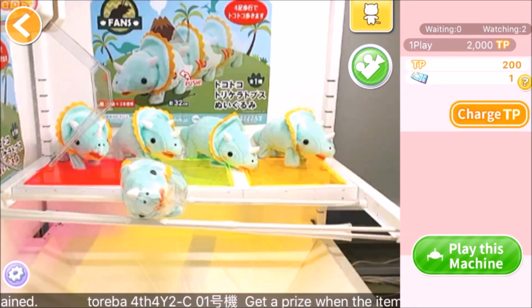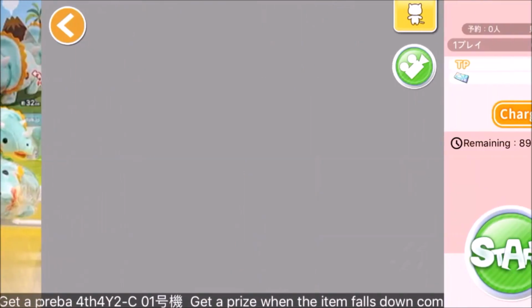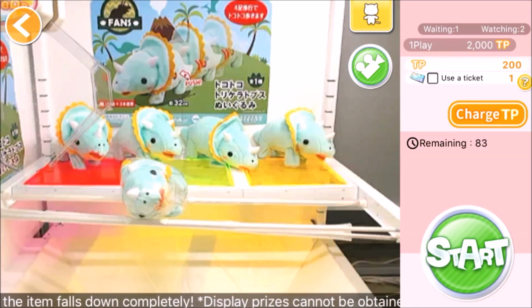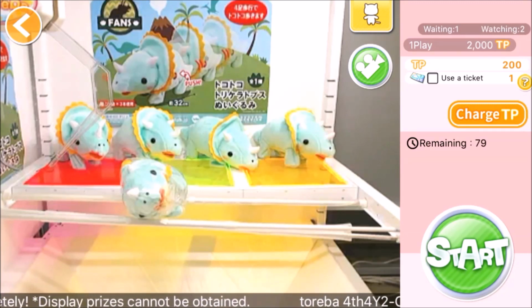Now that you're ready to play, let's click on Play this machine. When you enter the screen, you'll notice there's a timer on top of the start button. When that time runs out, that means that you're going to be kicked out and the person waiting behind you will take your place. Before you play, make sure to check off the use a ticket